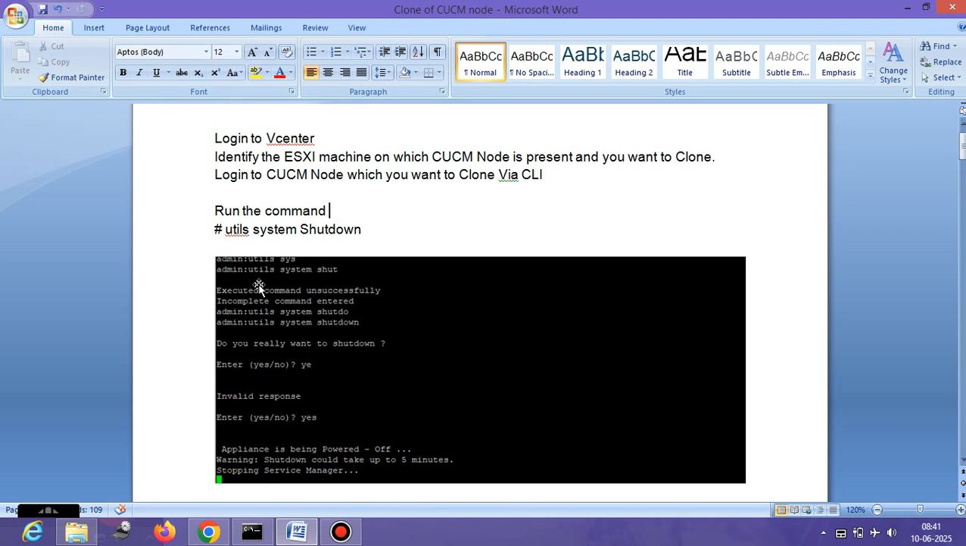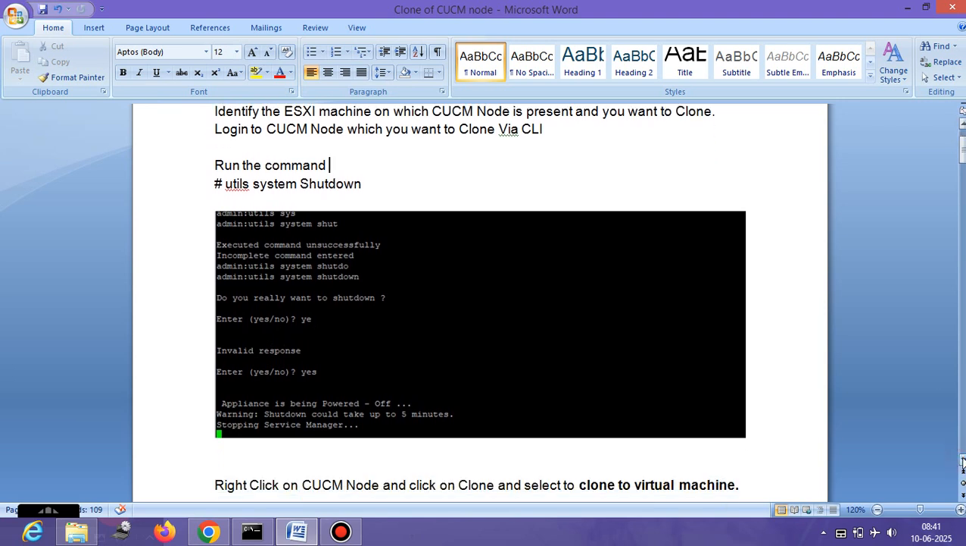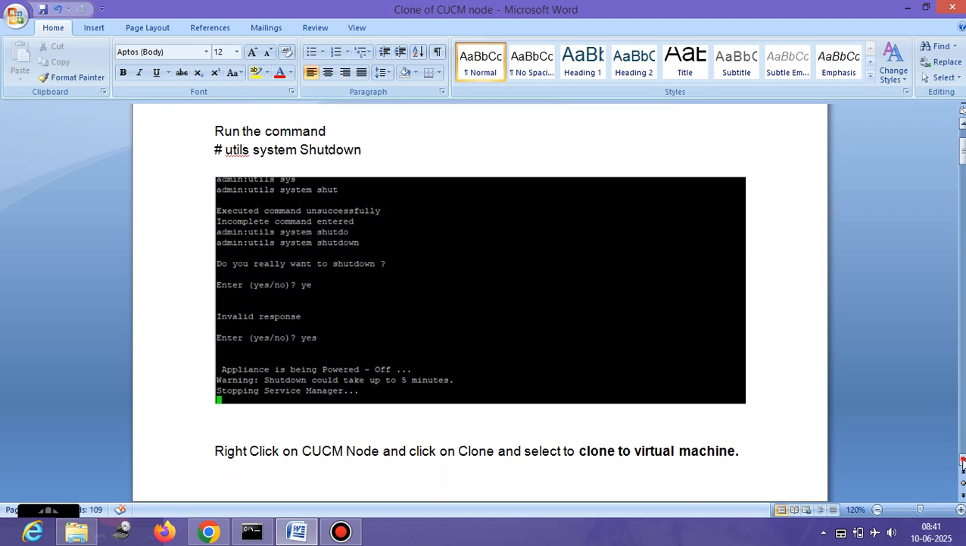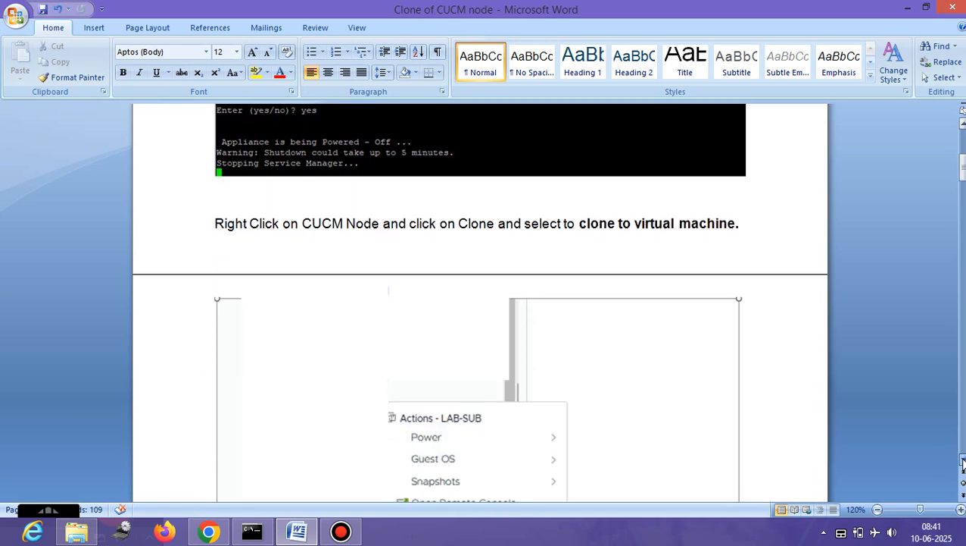So this is the command, util system shutdown, and once you hit enter, it will ask you whether to execute it further or not, so you have to press yes. And after that it will take some time. You have to continuously ping that server, right? So after 5 or 10 minutes, you will see that this device is completely shut down. And after that, you just have to go to the